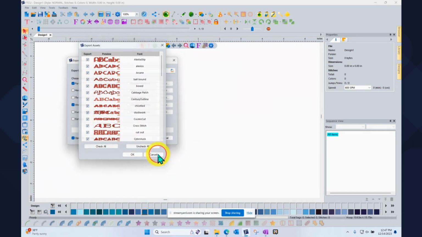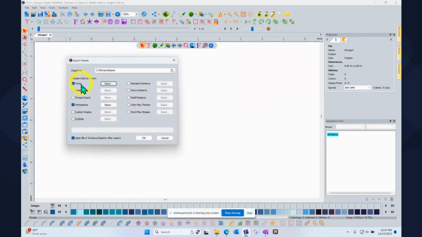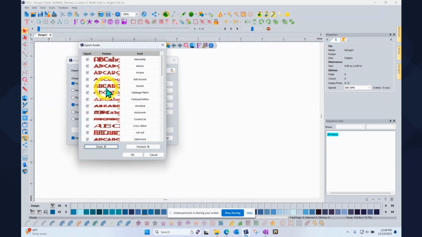In other words, if you just click fonts and don't even look at select, it's going to select all of them. But if you are planning on sending fonts to your friends and you only want to send a specific font to your friend and not all of them, then this is where you can come in and say uncheck all, or check all, or uncheck all, and then just check the one font that you're trying to share